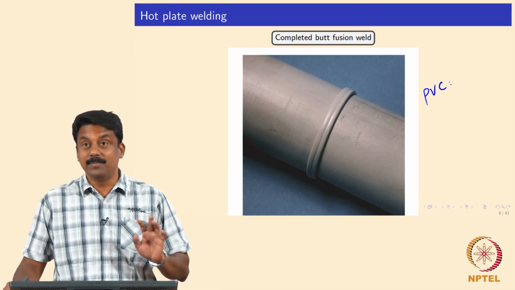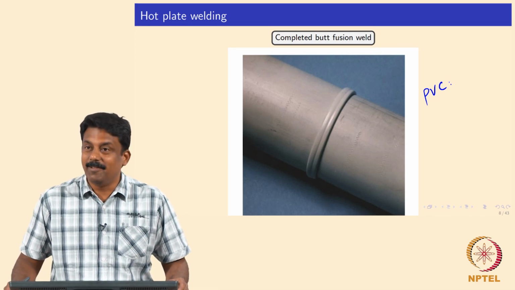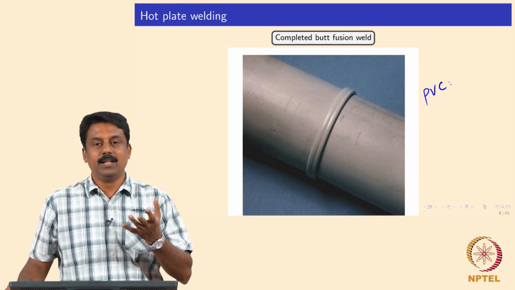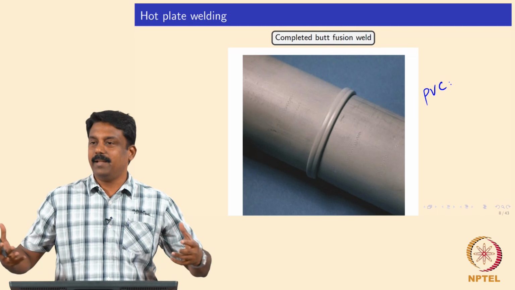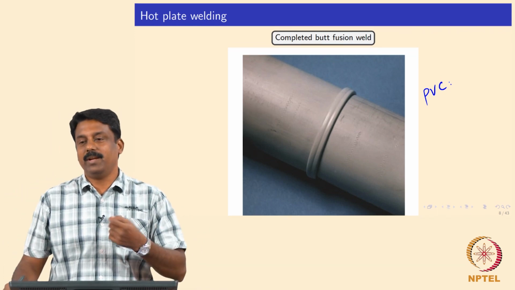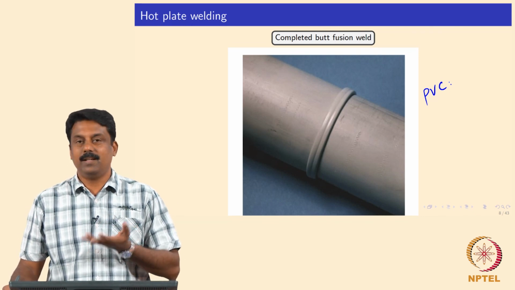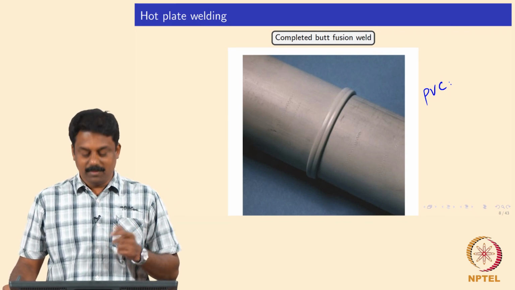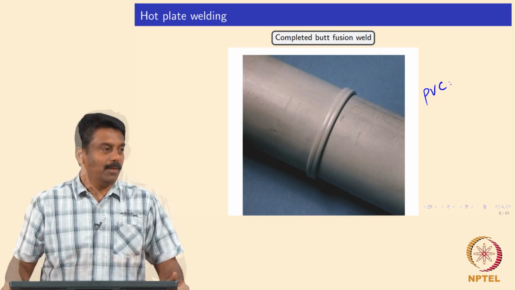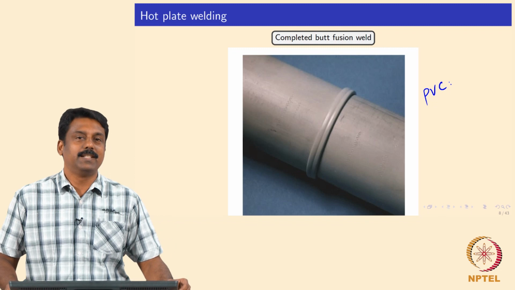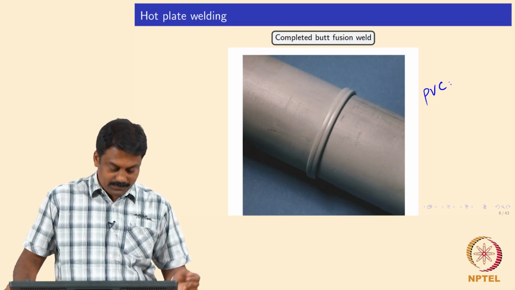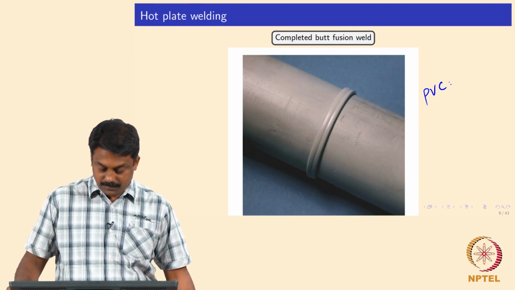Whenever I see some structural weld, I always go and look at it, stare at it. Similarly, in PVC pipes for plumbing, in most cases you can't buy one single seamless PVC pipe, so you may see some joints. Most of them are butt joints. If you remove this flash, you don't see much of the joints. We can use hot plate welding to join PVC pipes as well. This is also commonly done.